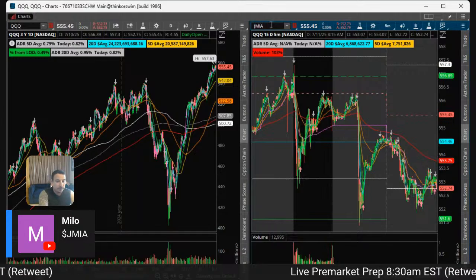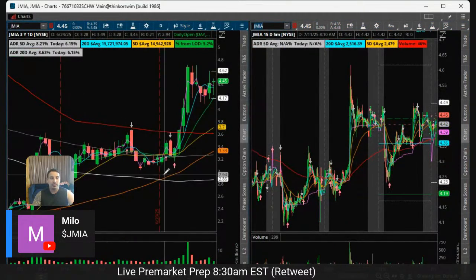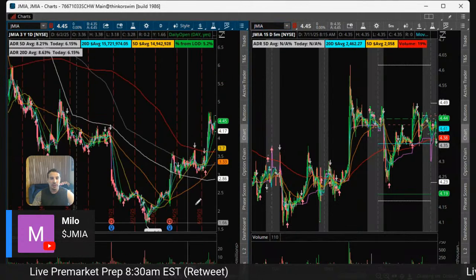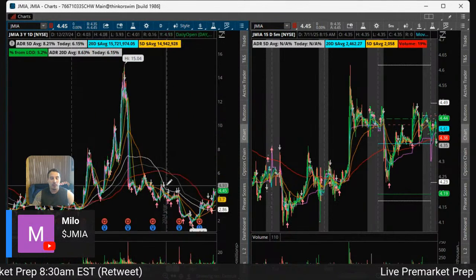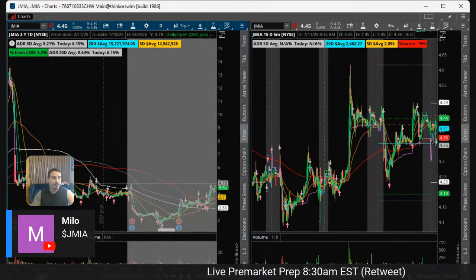Jumia, the Amazon of Africa. Yeah, I mean, this thing just got above its 200 and it's been in a pretty ugly downtrend for a while. Can it go? Maybe, but